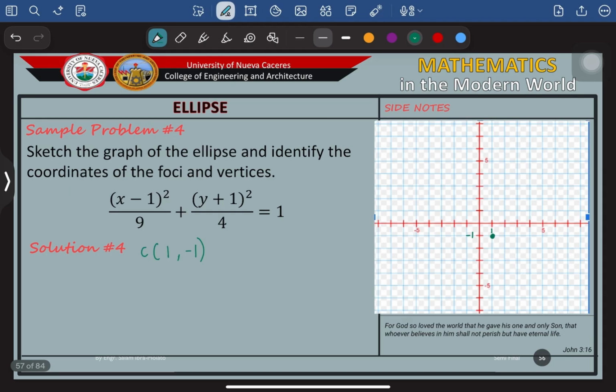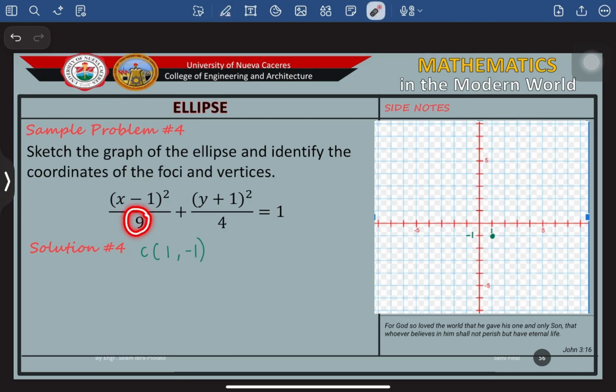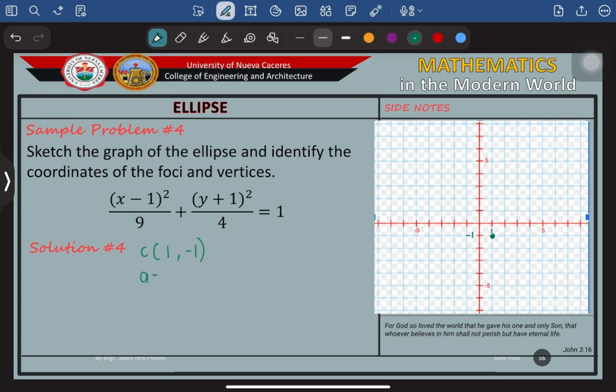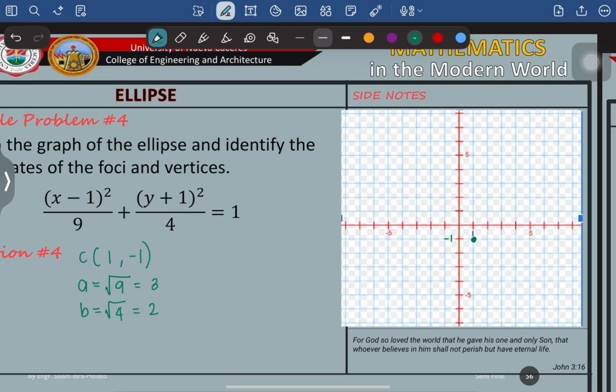Then for the major, since the larger denominator is under where the x squared variable, that means that the major axis is parallel to y-axis. So to solve the semi-major axis, get the square root of 9 becomes 3. Then for the minor axis, square root of 4 is equal to 2. Then again, to plot this one,